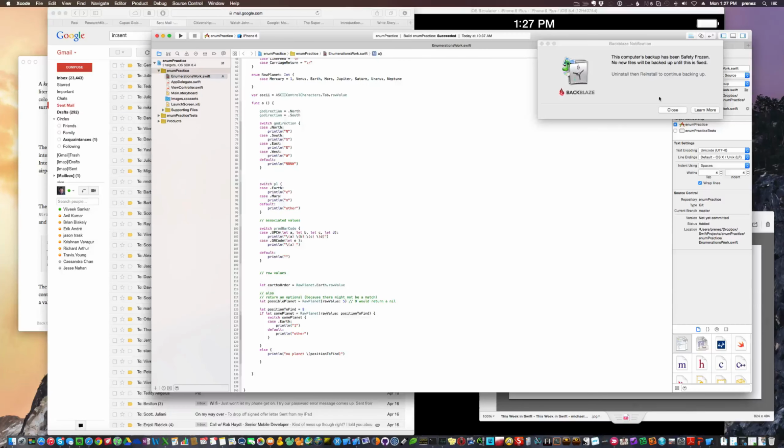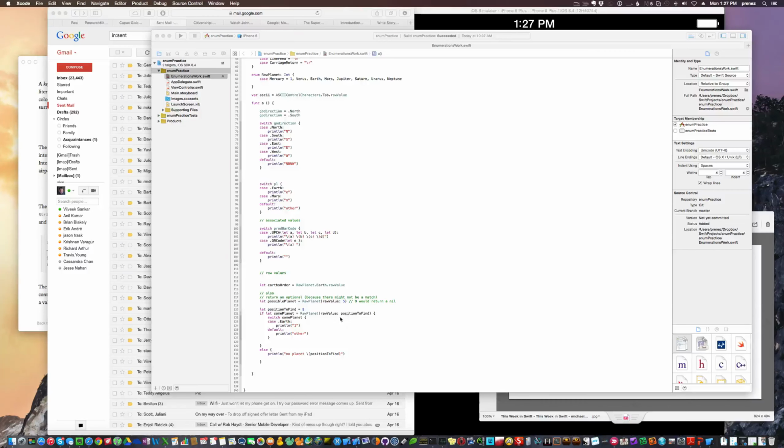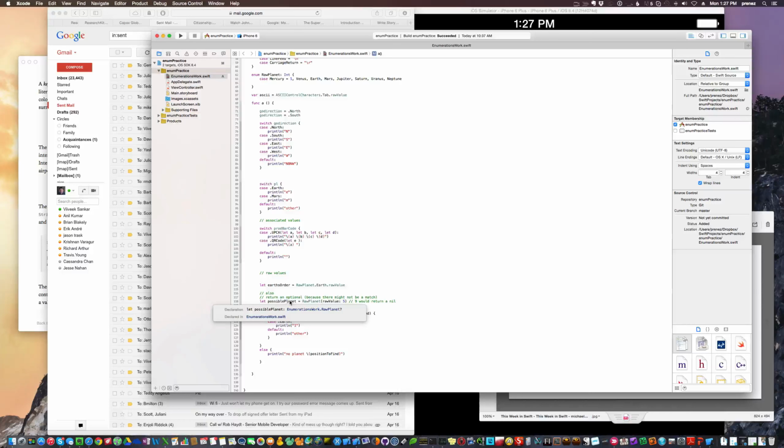Okay, and why would it be an optional? Because, oops, here it is. Maybe this is what I meant to test here. There we go. That's an optional for RawPlanet, right? That's correct. Okay, why would it be an optional? Because there might be no value 5, right, in the list of planets. There happens to be one, but if I said 9, it would bomb out, and that's what we're going to test here. So if I set 9